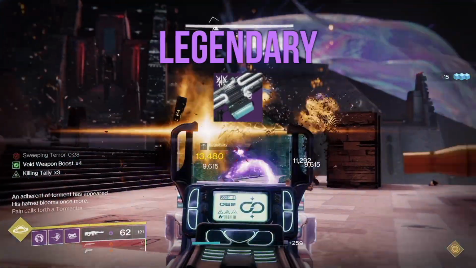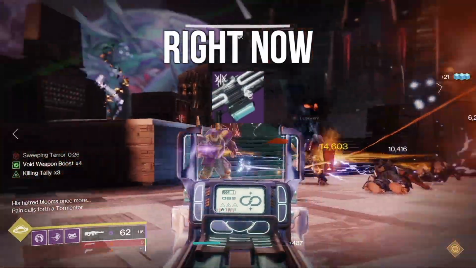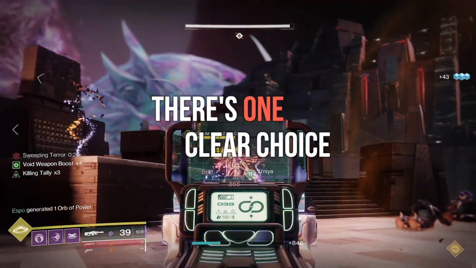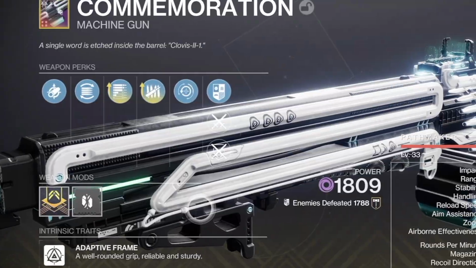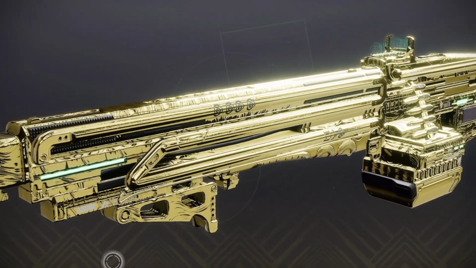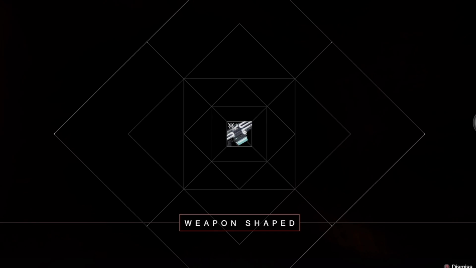Commemoration is the best legendary machine gun you can get right now in Destiny 2. If you like machine guns and you're stuck on ad clear, there's one clear choice, and it's this beauty right here. It's got all the right perks in all the right places, it's an absolute breeze to control, and also S-tier drip. It's also craftable, so you can enhance the traits, and unlike other enhanced traits, they're actually worth it